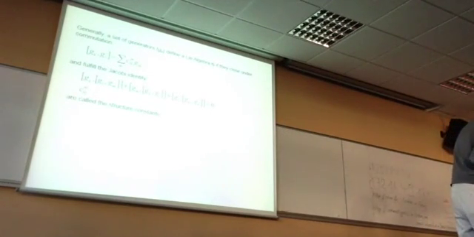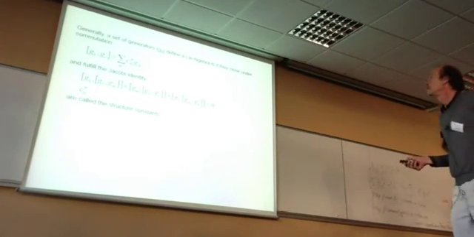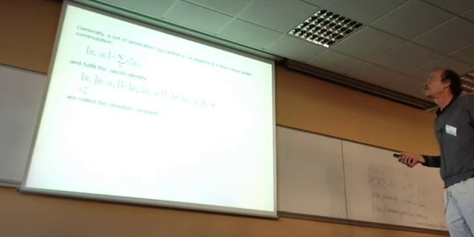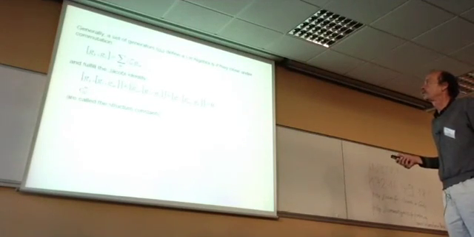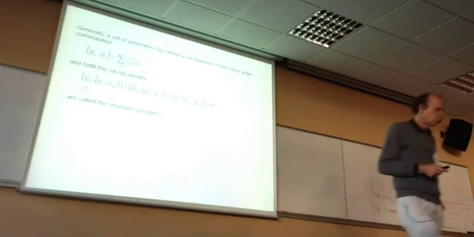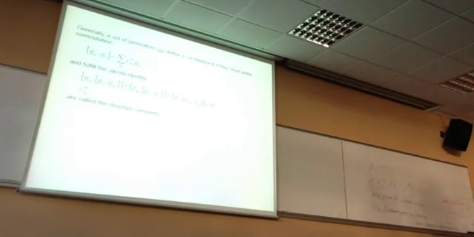Is there a laser pointer in this? Yeah, that's yeah. So this is what is denoted here. If I take the commutator of 2 generators, then I can write it as a linear combination of the other generators. And these constants are called the structure constants, or the Lie structure constants. So that's an important